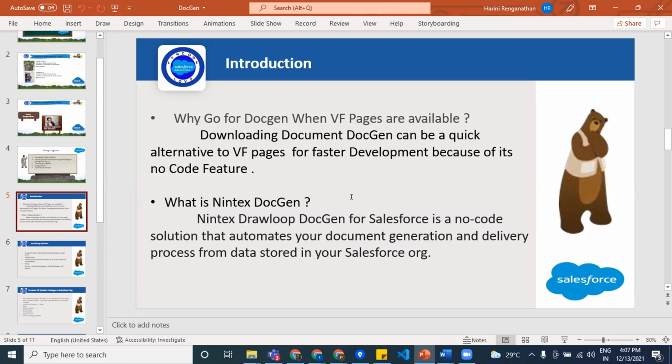As developers or as Salesforce users, we have come across the Developer Console, where we take the object we want, query things, execute that query, and get all the records under the specific object. That is what is mainly required when you go for the DocGen package to work without code. So this is a very basic and important feature that helps you work very efficiently and reduces a lot of the time that would be taken when you opt for a VF page. That is a very important thing.